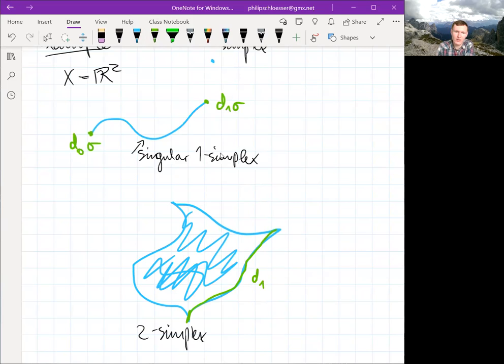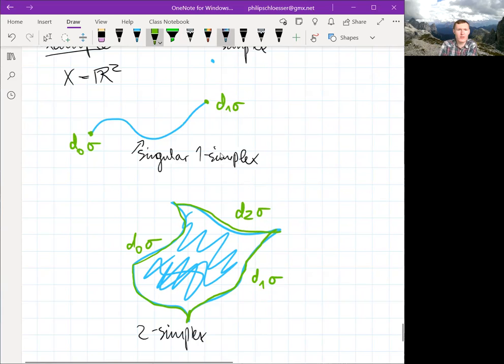So let's say this is d1 sigma. This is d0 sigma, and this is d2 sigma. And usually, yeah, I mean, because everything has to be